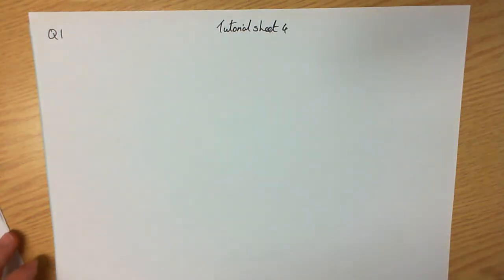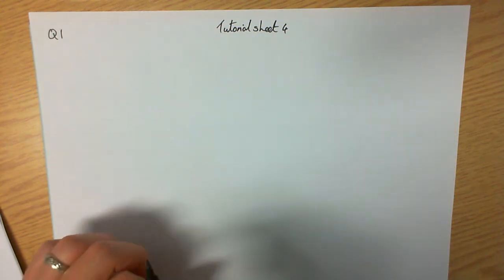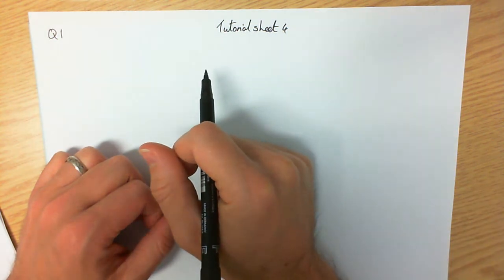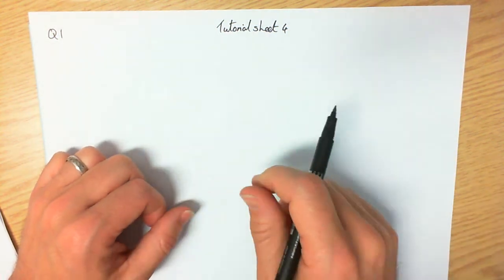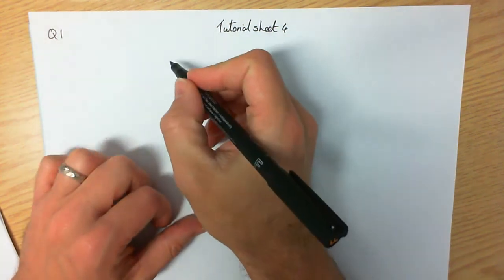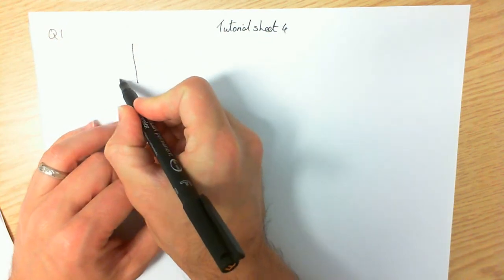Tutorial sheet 4, question 1, relating to time division multiplexing and pulse position modulation. So what do we have? Well, first of all, we have to recall what the process of pulse position modulation is and time division multiplexing. So if you consider time division multiplexing first of all, so what we have